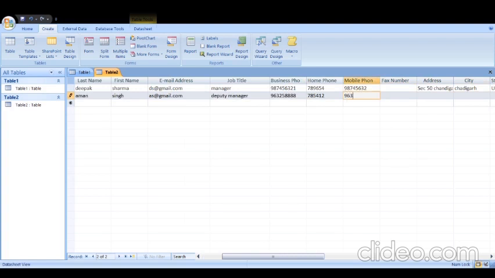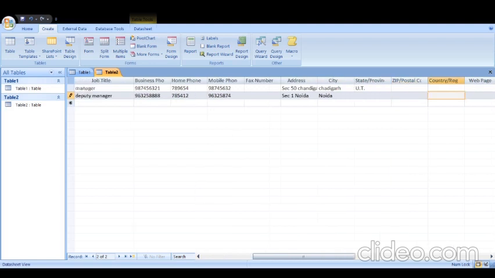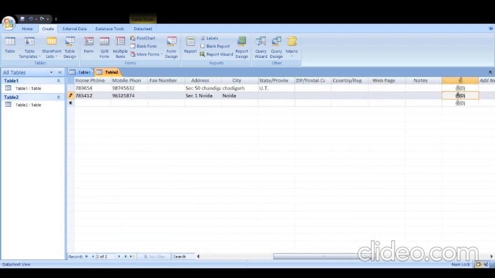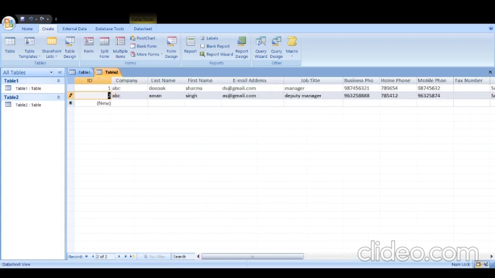This way you can fill as many records as you want. Whenever I press the Tab key, your cursor will be on the third column, or by pressing the arrow key also you can move to the next column.